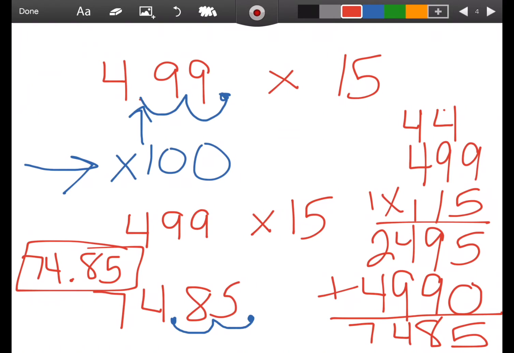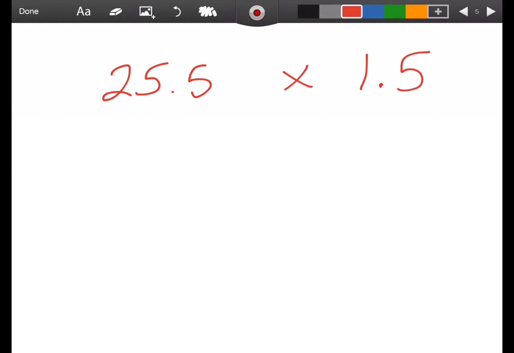So that's one example of how this would work. Let's look at a second example. A second example might be a time where we're multiplying a decimal by a decimal. In this case, it works pretty much the same way. Notice this first number here, 25 and 5/10. Notice we have a decimal, so we can actually move that decimal over to change that into a whole number. If I moved this decimal over to here, I have moved that decimal over 1 time. Remember, if I move my decimal over once to the right, I have multiplied that number by 10, and now I have